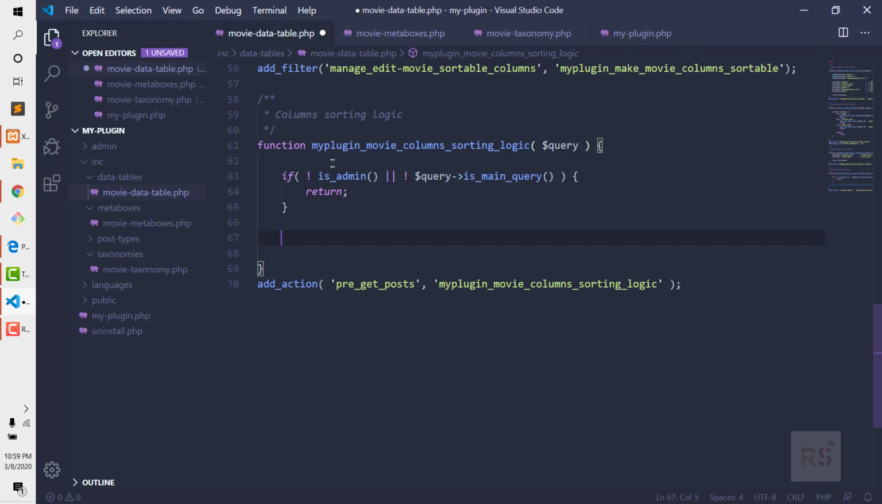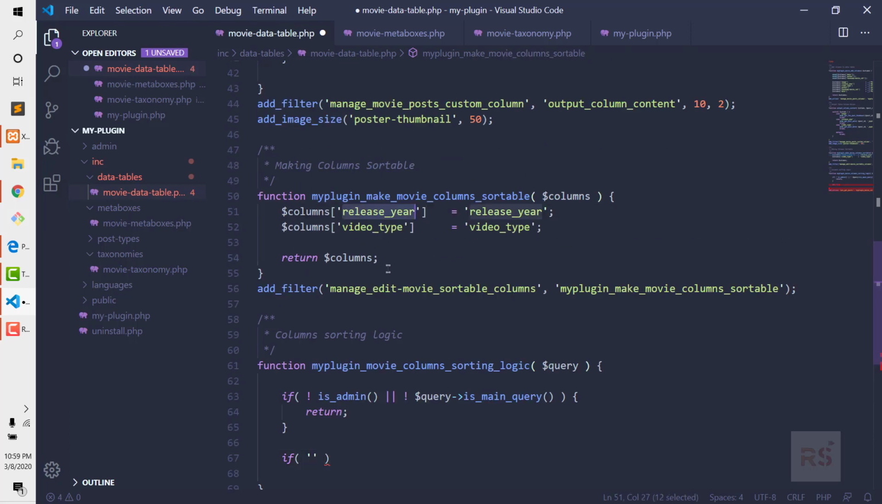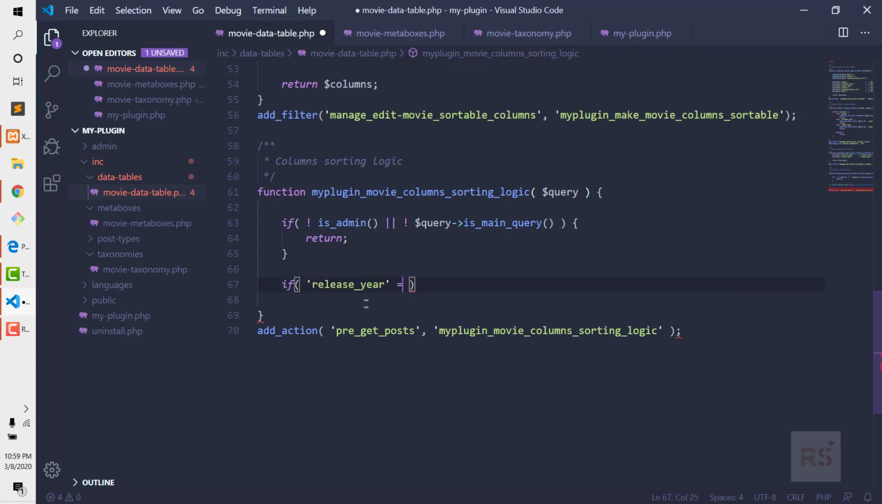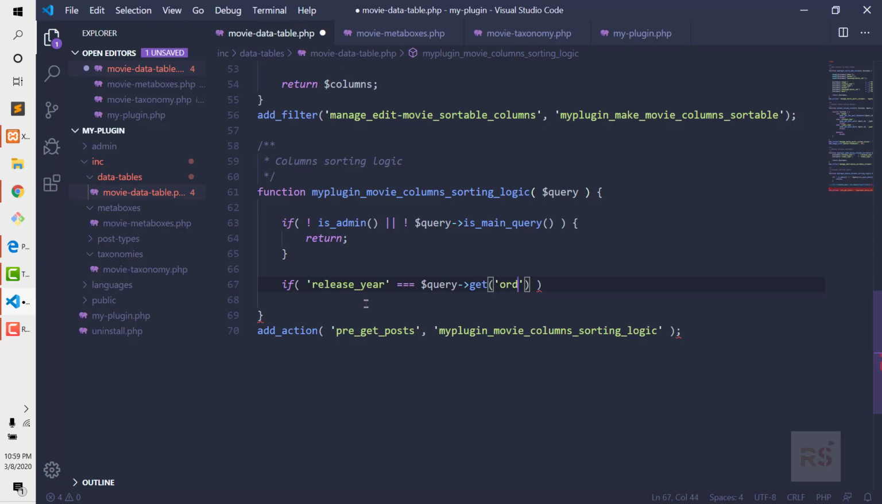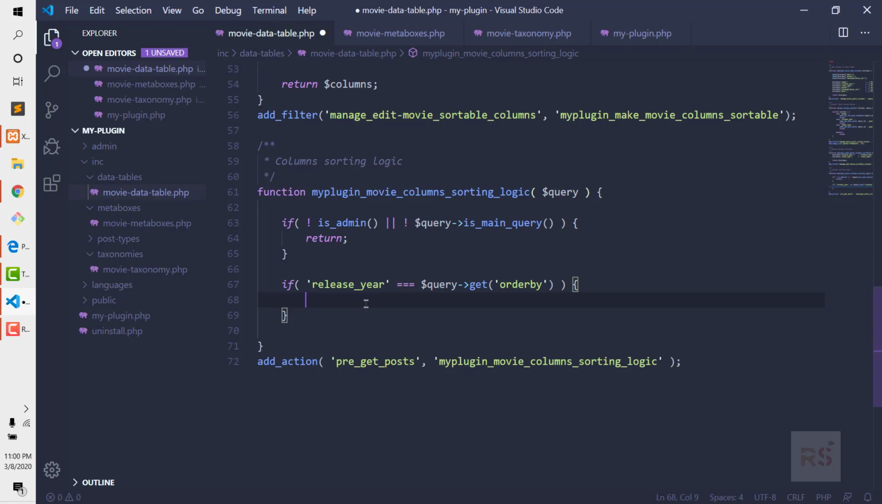But if this condition passes, then we are gonna check the release year key, whether this is the value of the query get function, query get orderby. That means if the orderby request has the release year value, then we are gonna define our logic. We're gonna set the query. So query set, and we're gonna set this for orderby for the meta value,